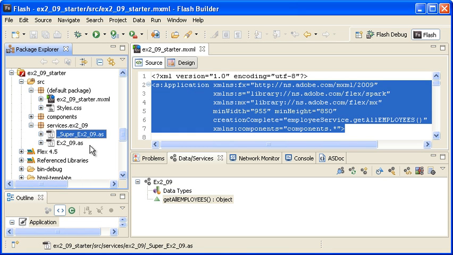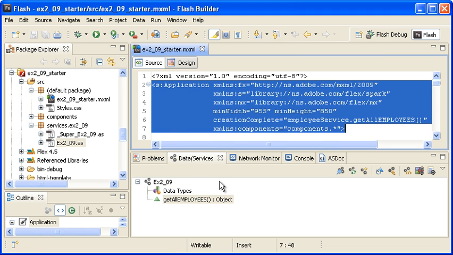_super_ex2_09.as is an internal class that has the service connection logic. You should not modify it because Flash Builder will overwrite the file if you regenerate the service. You can change the ex2_09.as file since Flash Builder will not overwrite it. Back in the Data Service view, note that the service is returning an object data type. I'm going to change this so that it will return the employee data type and generate the value object class